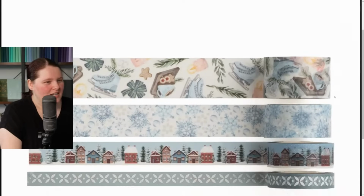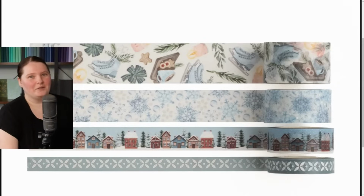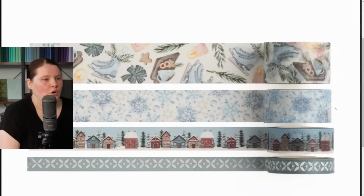Let's see. Our next one here, this one I assume is the snowflake one. Probably because there are no penguins. Yeah, there we go, I figured it out. This one, I do really like that second tape. The snowflake tape, I think, is really pretty, but I don't think I would really use the other ones so